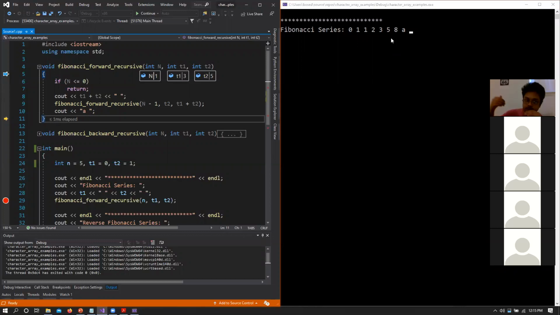After I've returned from here, it will again return to line number 10 or line number 9, with the values 2, 2, and 3, prints out A, then comes back out again with the values of 3, 1, and 2, which were the previous values, prints out A, comes back out, prints out A, and I'll do this